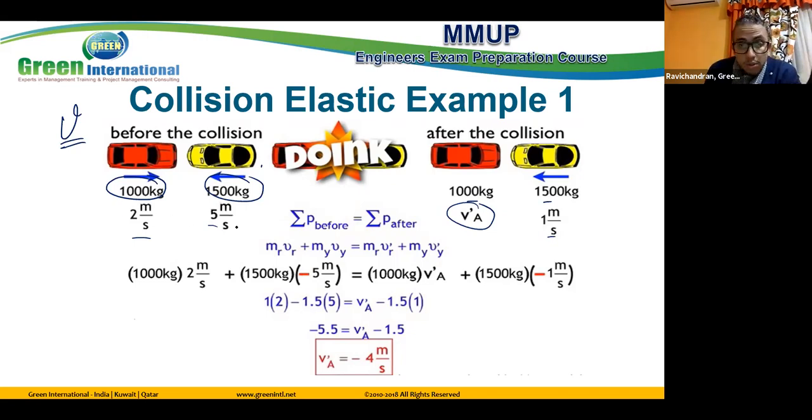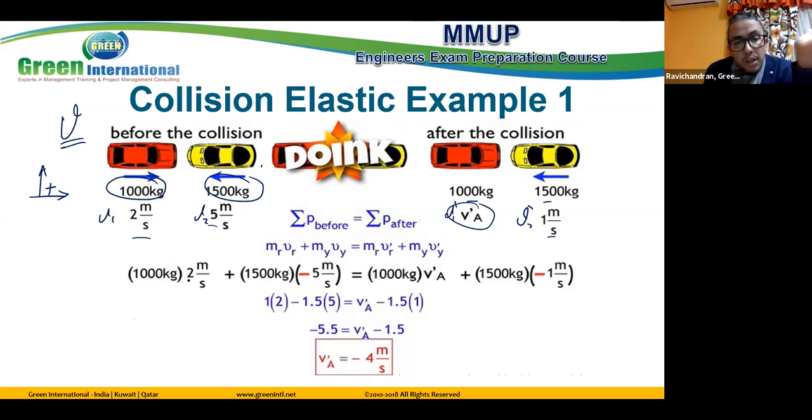Actually, these values are related to each object. So this one will be V1, V2, and this one will be V1 dash, V2 dash. When going to substitution, first fix your positive direction. So this one, 1000 kilogram, multiply 2 meters per second, in the right direction,